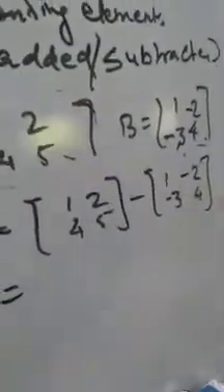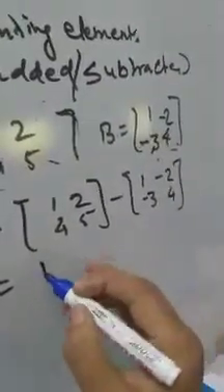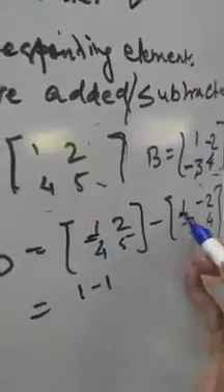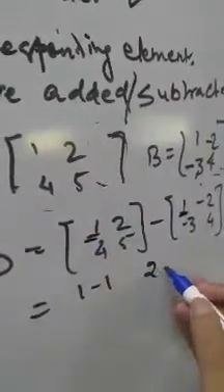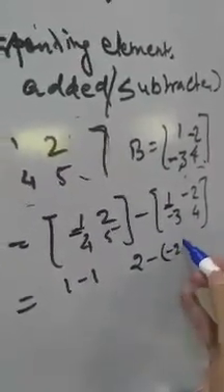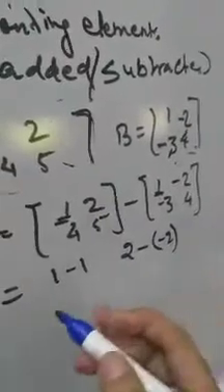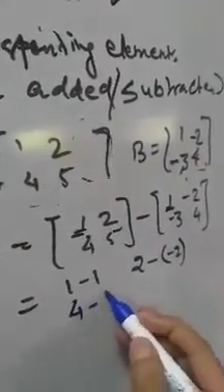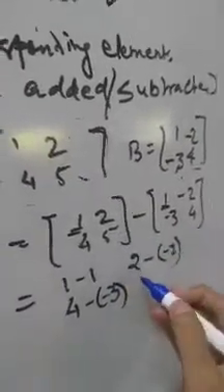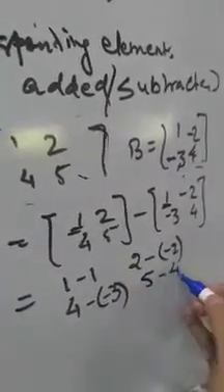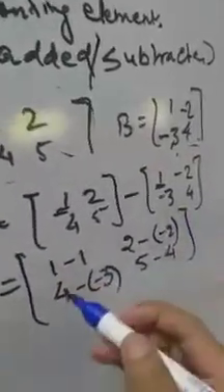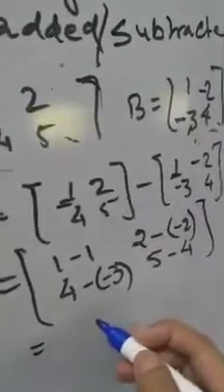What it will be? The corresponding elements are subtracted. So 1 minus 1. First row, first column. Then first row, second column 2 minus sign is there, so minus. And now here you will place bracket minus 2. 2 minus 2. Then 4 minus. Now what it will come? Minus 3. Okay. Then 5 minus 4. Then enclose it into bracket. Sometimes we put parenthesis also. So if you see in any book, you don't get confused.